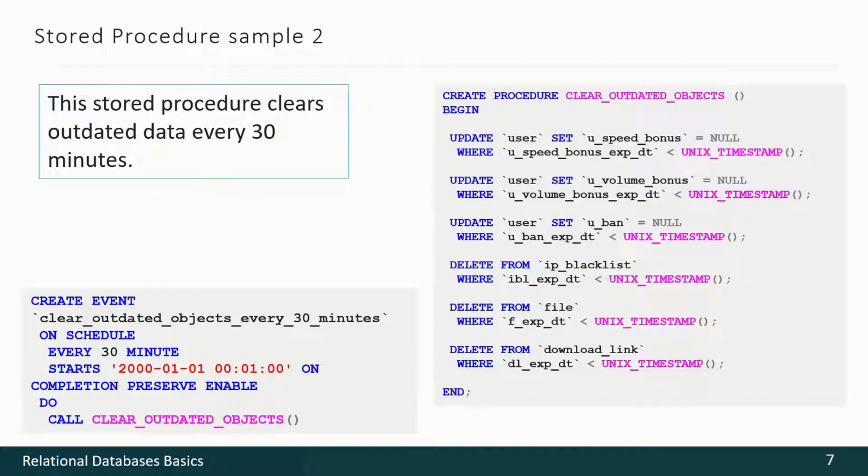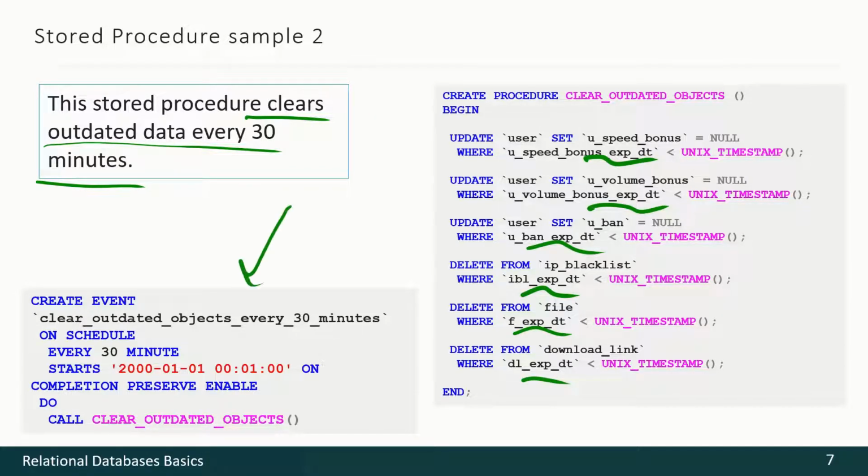As long as our file exchange server has a lot of data to clear on expiration date time, here's the example of that data, we may schedule such a procedure call every 30 minutes to clear that outdated data.